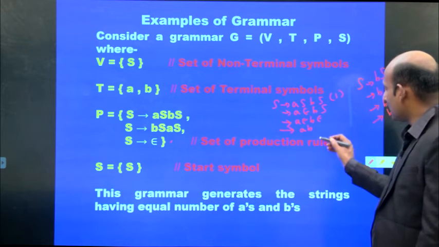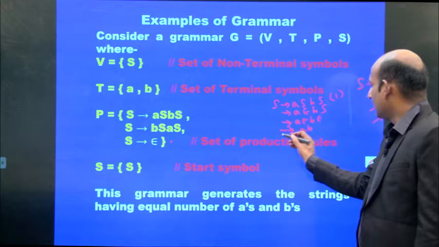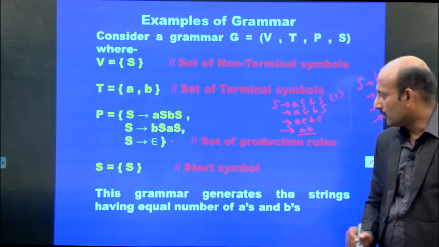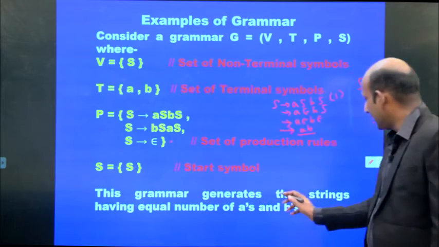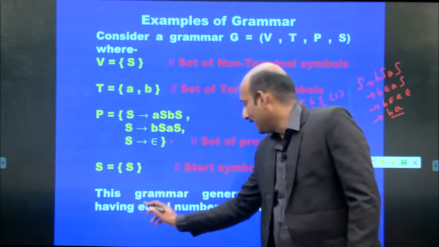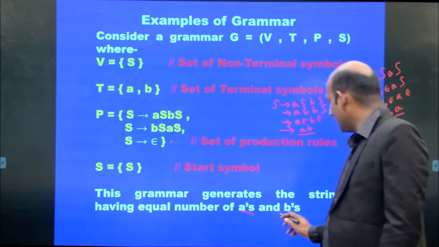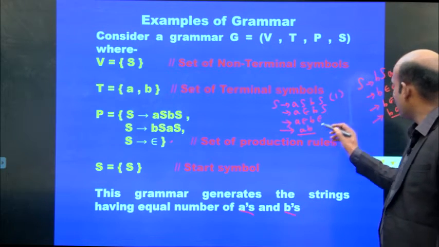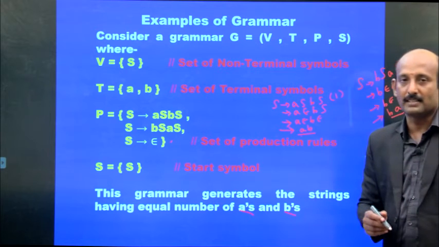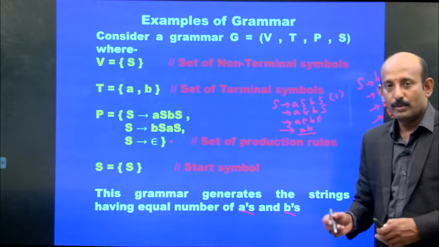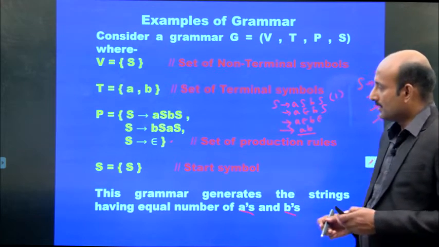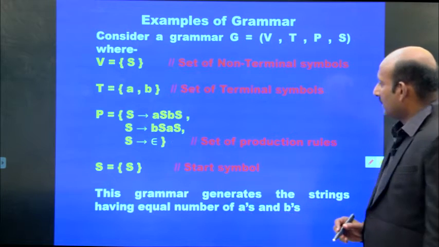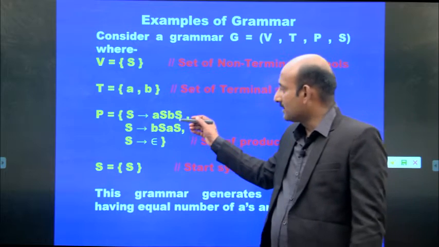So what are the strings generated? Here AB, here BA. So this grammar generates the strings having equal number of A's and B's. So we have equal number of A's and equal number of B's. More than that, we can go for substituting these same productions, like we have taken the first production, second production